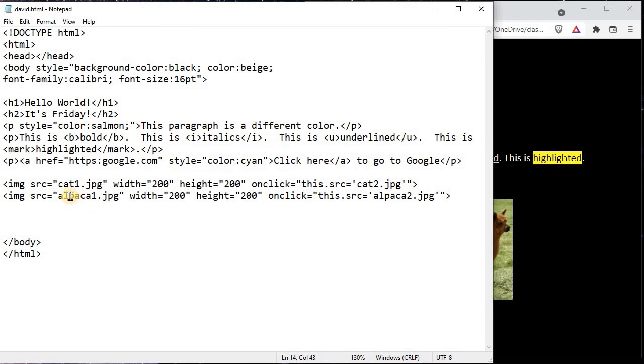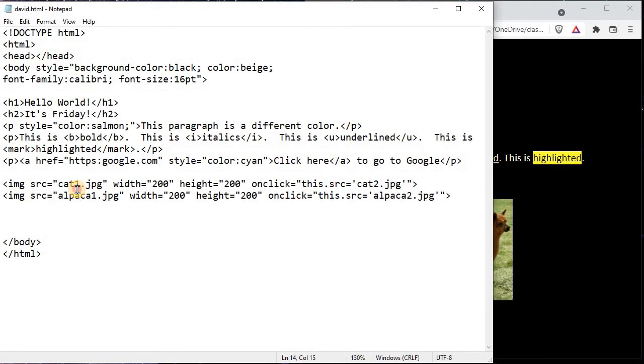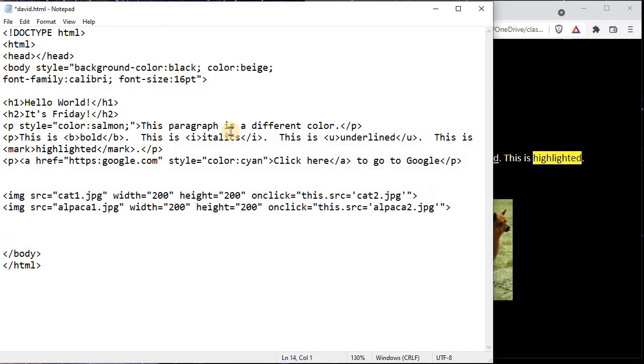Okay, now what I want to do is put text to the left of each of these images right here. So I'm going to talk about my cat, put text to the left of it, so the cat will be on the right, and then the alpaca will be on the right. Okay, there's a couple of different ways to do this. I am actually going to put it into a table. So I'm going to create a table,